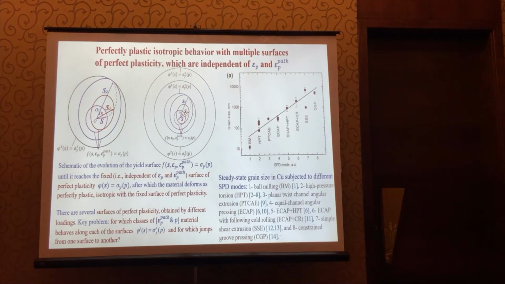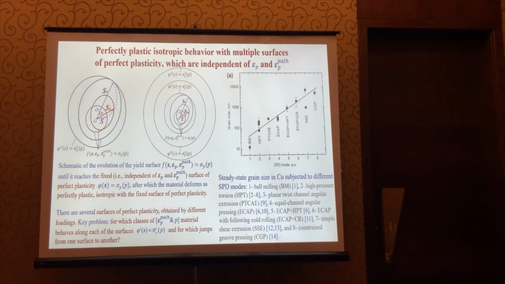And how to rationalize this? We know in plasticity that the yield surface depends on the plastic strain tensor and the entire path, and due to this, a polycrystal acquires strain-induced anisotropy. But to rationalize our result, we introduce another surface. It's fixed. It does not evolve with plastic strain. And that is why for an initially isotropic crystal, it's isotropic. So it corresponds to perfect plastic behavior.